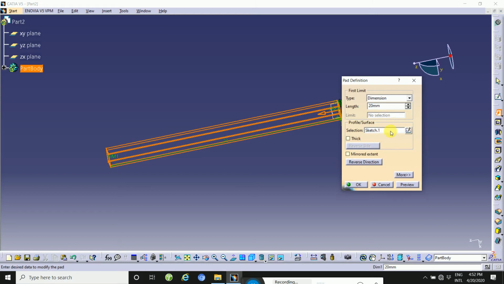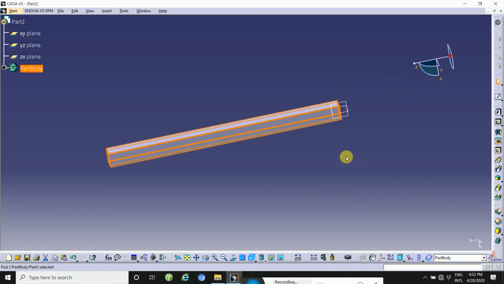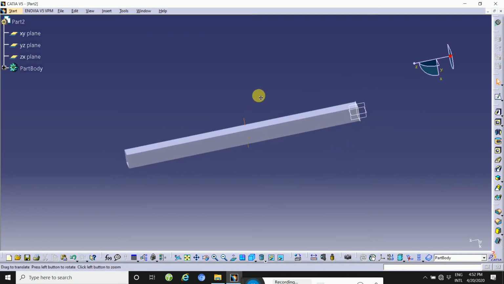Take the tools from your choice as per your requirement, 20, this way. After hitting OK, CATIA creates a 3D model of the pad.